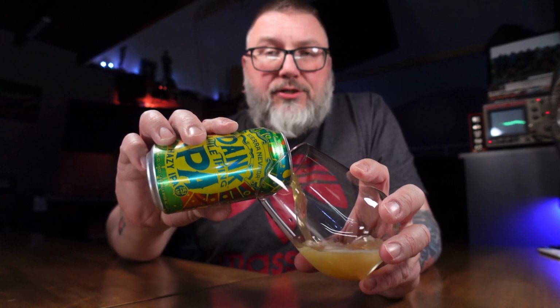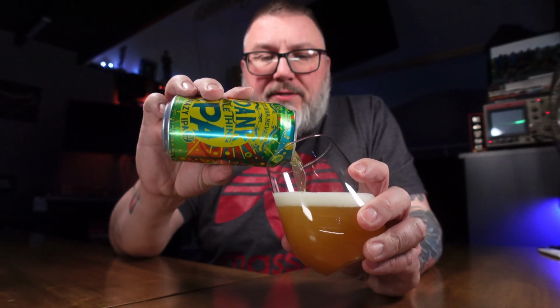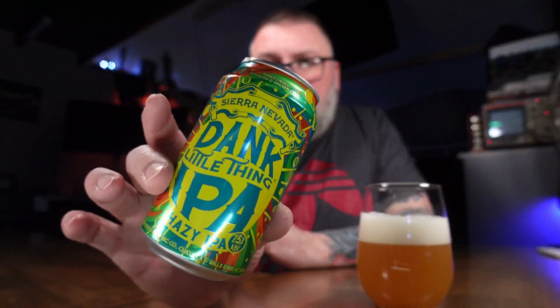So yeah, give it a pour. Flavor-wise, it is exactly the Little Thing series, with slightly different verbiage with Dank being on there, but it's the exact same design with a little bit of color variation to stand out from the crowd. So, not hating it, but